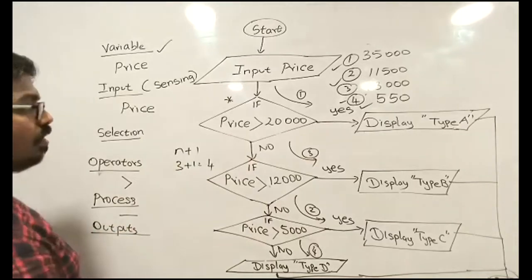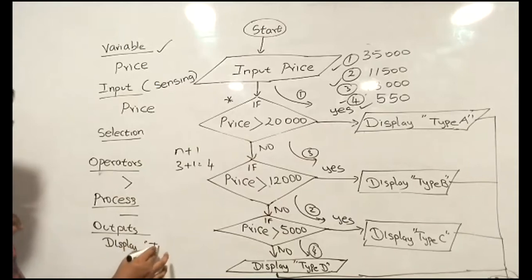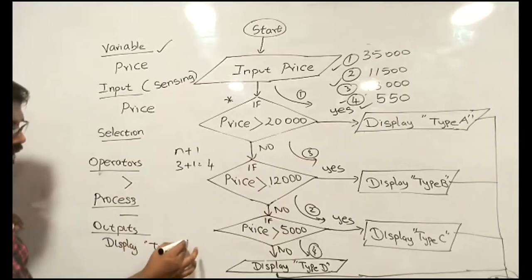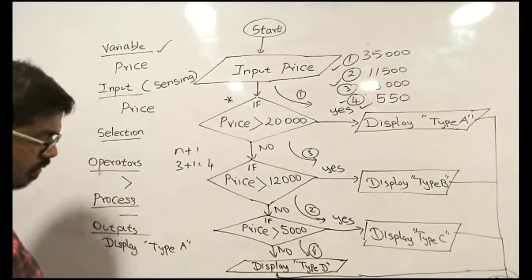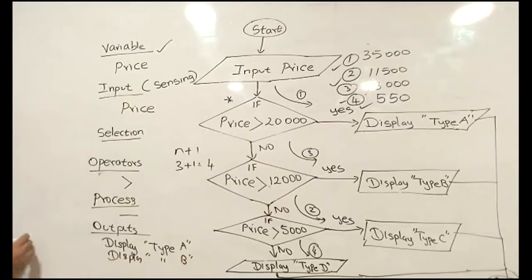In the outputs, there are 4 output options: display type A, display type B, display type C, display type D. So the output will be denoted by looks